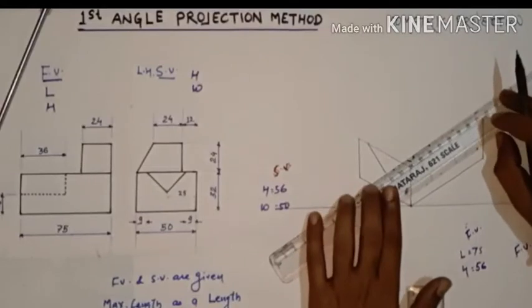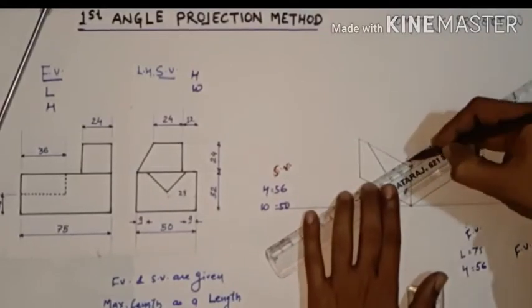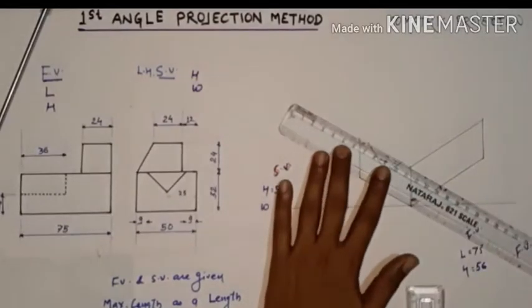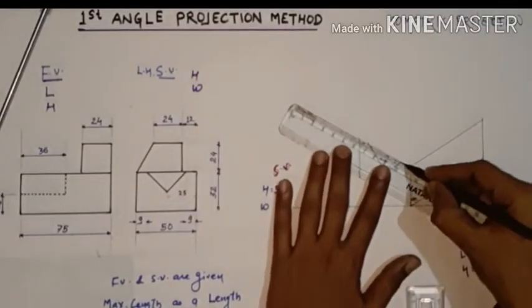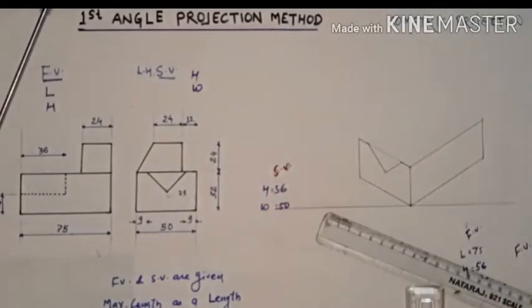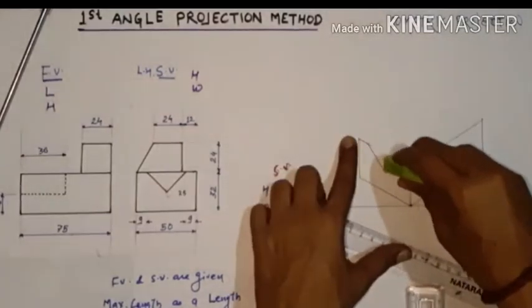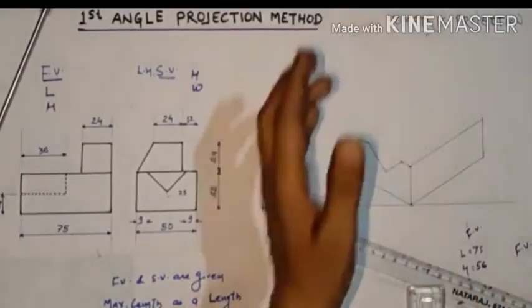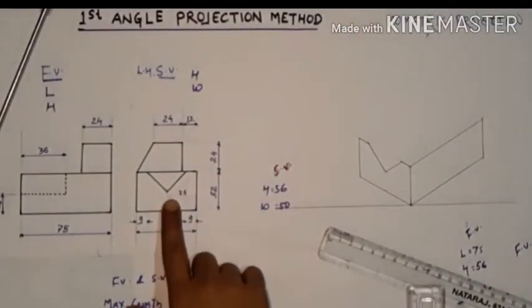Now again like this. Okay, and further joining the 9 mm line from both the ends. So this and this. Okay, now we need to erase the middle portion. So we erase the center portion of the remaining line. Okay, like this. Now the side view looks like this.